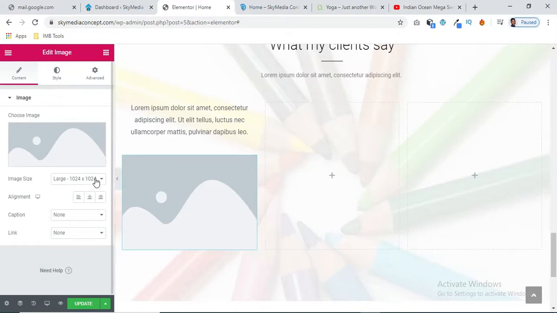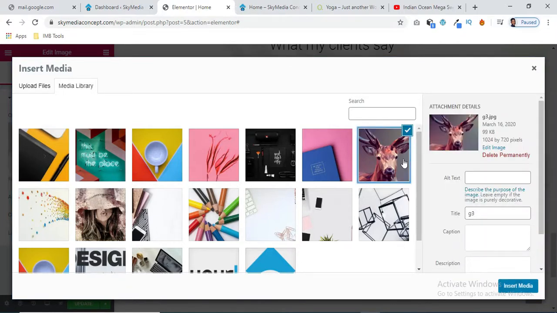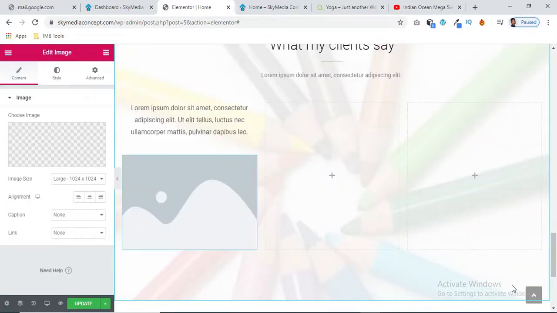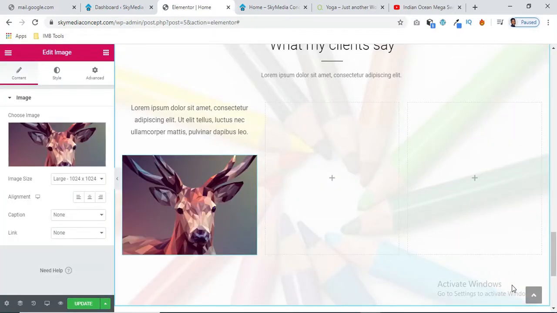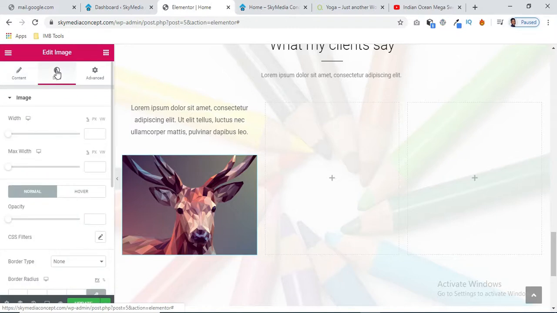Now, if you have an image that is a perfect square, let me see. I don't think I have any perfect square right here. But if you have a perfect square image, first of all, you can actually edit your image in Photoshop or any photo editor and make it round. Okay, but if you have a perfect square, you can always use the styling to make it round by adding a border radius of